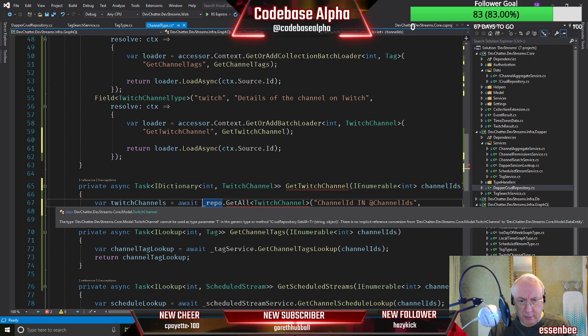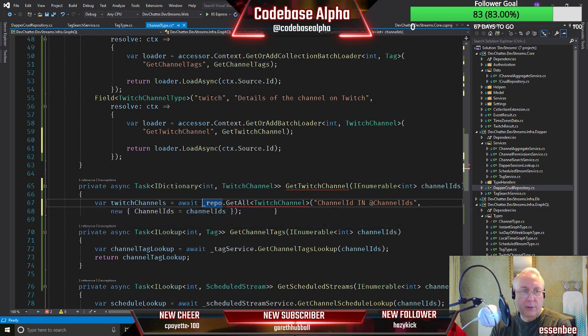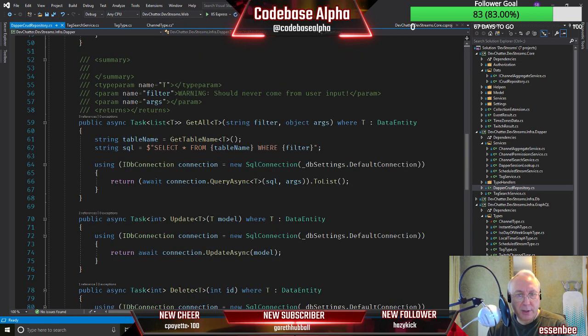There's T, and there's no implicit conversion from DevChatterChannel to DataEntity. Oh, interesting. Okay, so the CRUD repository has got a constraint on it here where it wants it to be a data entity.